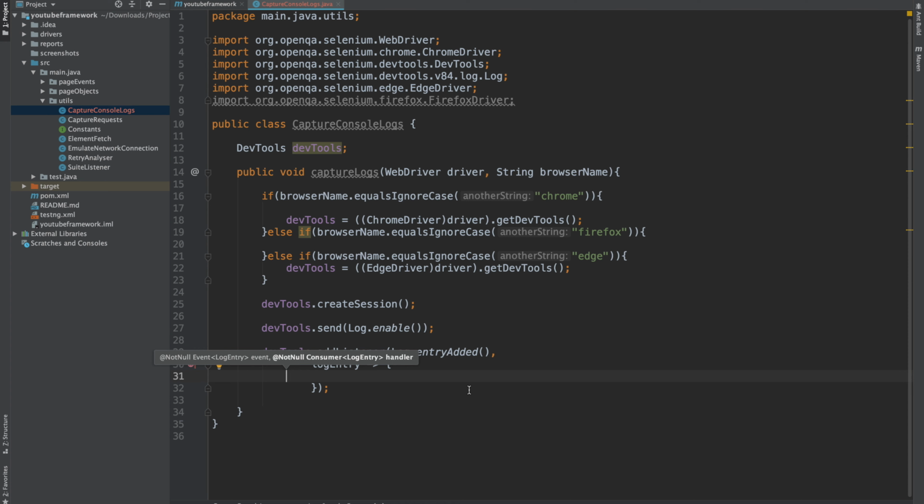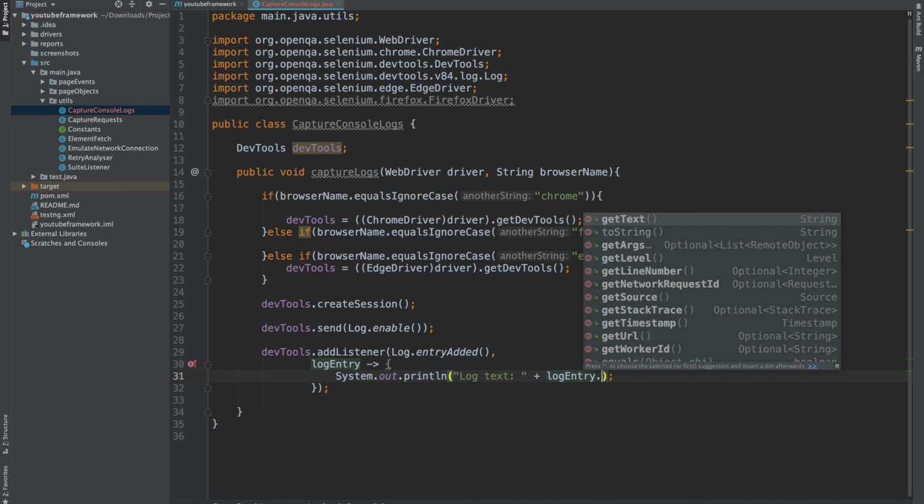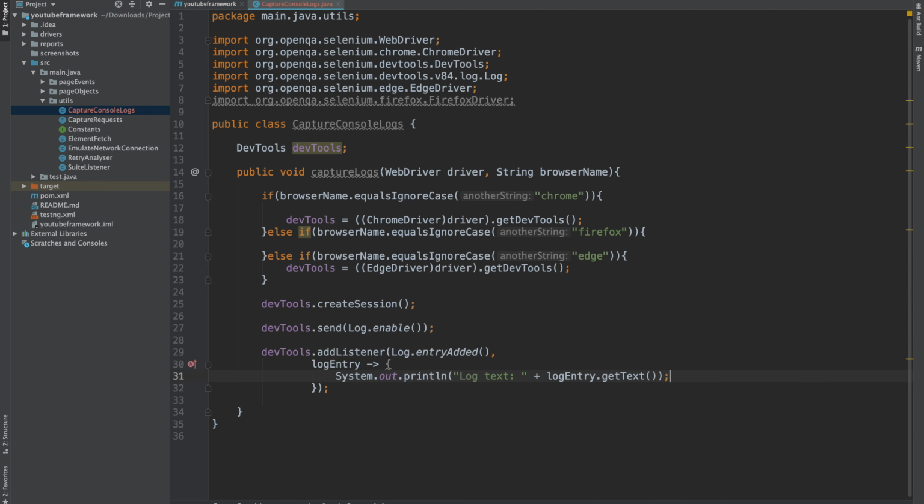So this will be log text, then logEntry.getText, and then we will be adding another print statement which will be printing the level, that if it's an info type, if it's a warning, if it's an error, so that will be log level, and then it should be getLevel. So yeah, that's it. Our method is now ready. We just need to call it in a base test. Let's go to the base test.